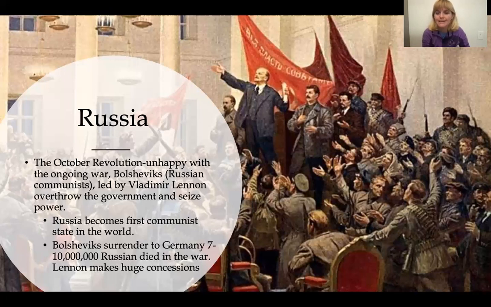And because they exited the war early, remember 2 years before the Treaty of Versailles is signed, even though the Allies will eventually beat Germany without the Russians, the Treaty of Versailles isn't going to help Russia, all right? Great Britain and France are going to be pissed at Russia for leaving early. And so they're not going to write into the Treaty of Versailles to give Russia that land back. Okay.